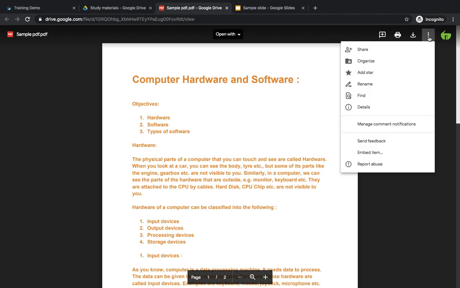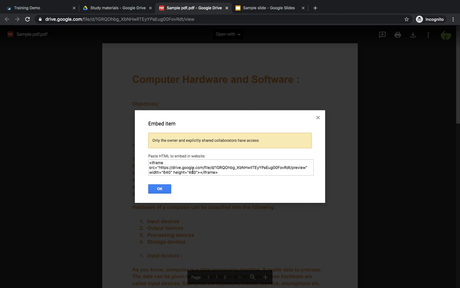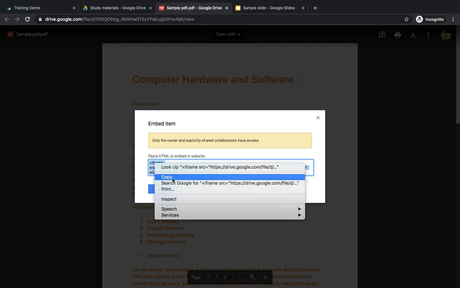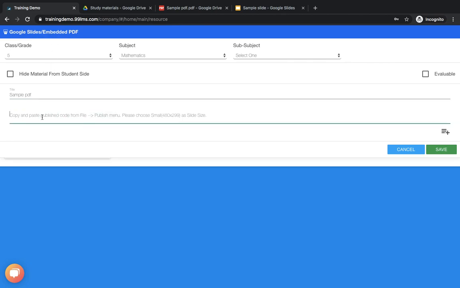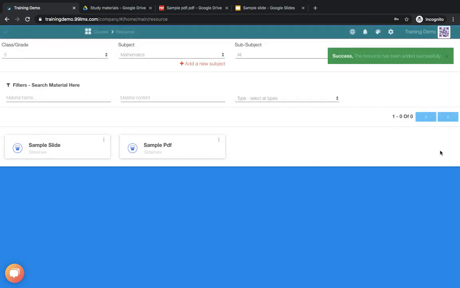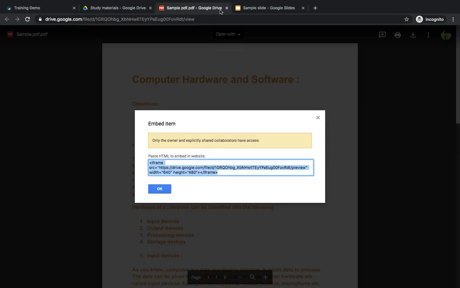Click on that. Click on embed item and copy this code. Paste it over here and save it. And you can close this window.